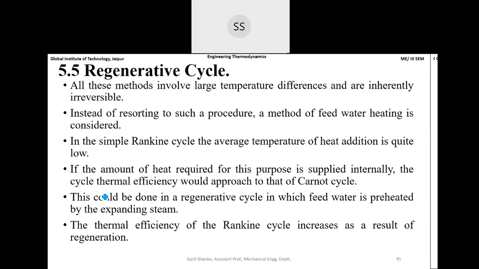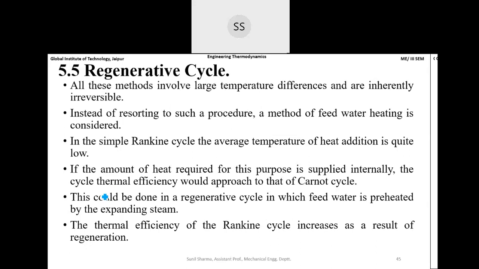तो इन द सिंपल रैंकाइन साइकिल द एवरेज टेम्परेचर ऑफ हीट एडिशन इज क्वाइट लो। तो हीट एडिशन का जो टेम्परेचर होता है सिंपल रैंकाइन साइकिल में, वो बहुत कम होता है, हमने देखा। So if the amount of heat required for this purpose is supplied internally, the cyclic thermal efficiency would approach that of the Carnot cycle. तो अगर हम जो हमारा हीट रिक्वायरमेंट का अमाउंट है, अगर हम उसको इंटरनली सप्लाई कर दें, और इस तरह से उसको रिड्यूस कर दें, तो हम किसी प्रकार से जो कार्नट साइकिल की एफिशिएंसी उसके नजदीक पहुंच सकते हैं, ठीक है।